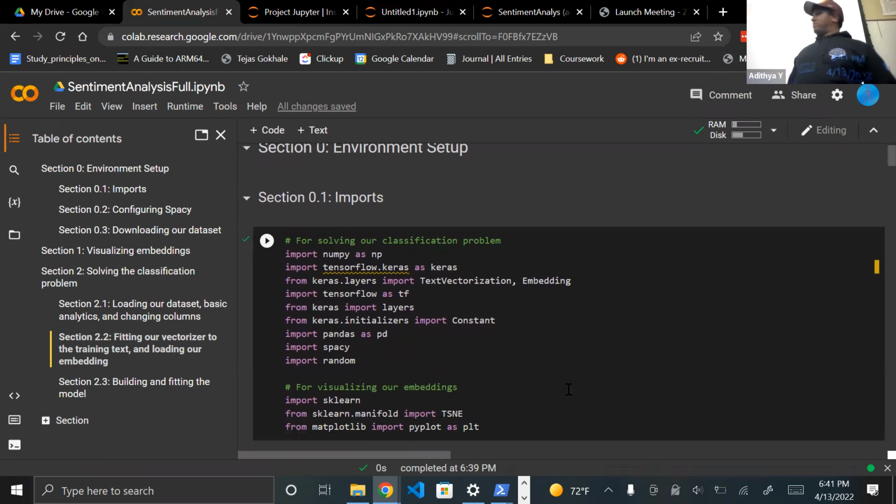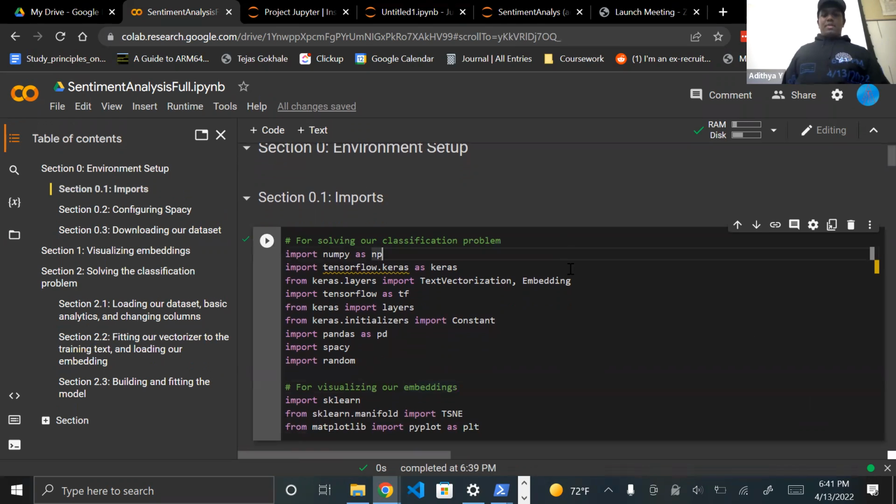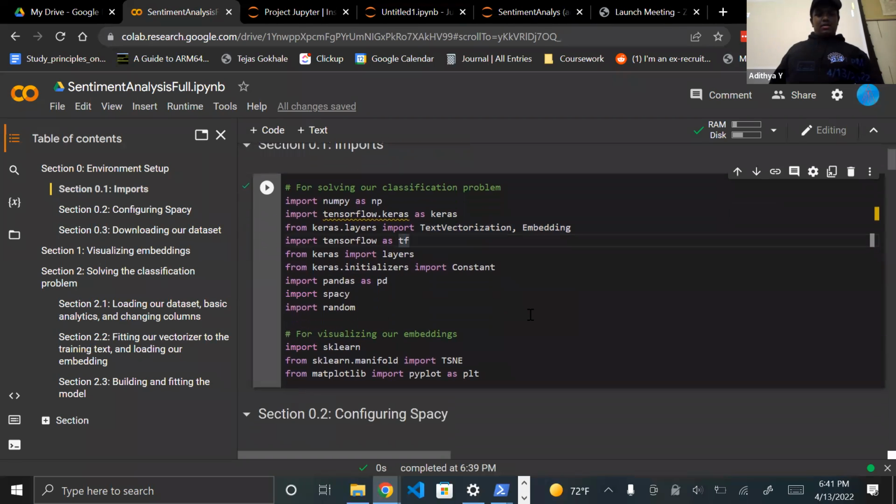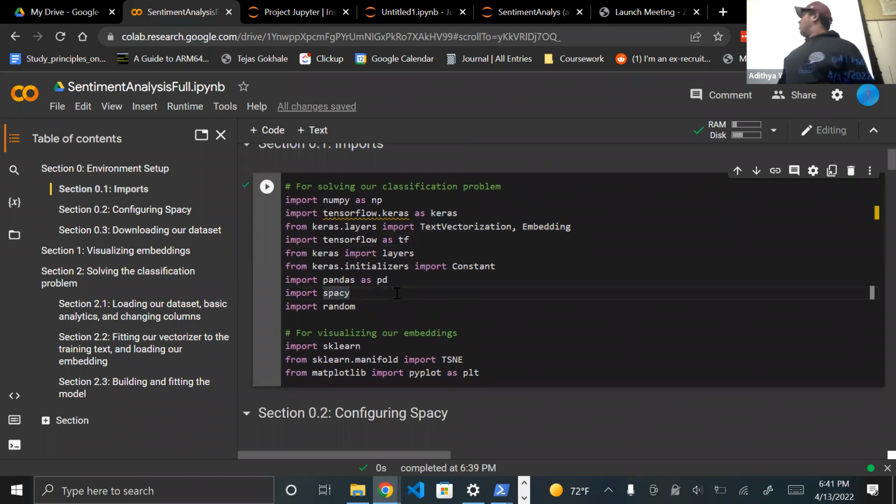So imports, there's nothing really special here. We're just importing NumPy. We're using Keras for our neural network. That's pretty standard, an easy one to use. Text vectorization and embedding are the two things that I mentioned towards the end of it. Text vectorization is the one that takes words and represents them as numbers, and the embedding layer is our conversion to actual vectors. TensorFlow is just a dependency, and then spaCy is our big component that does a lot of the